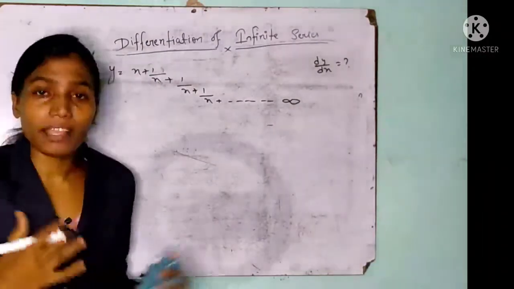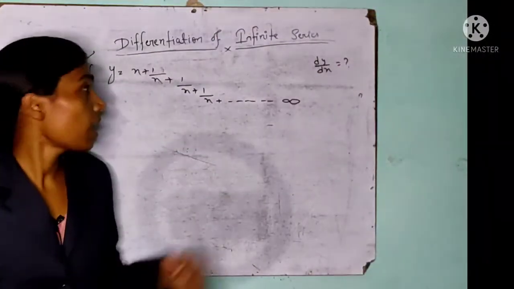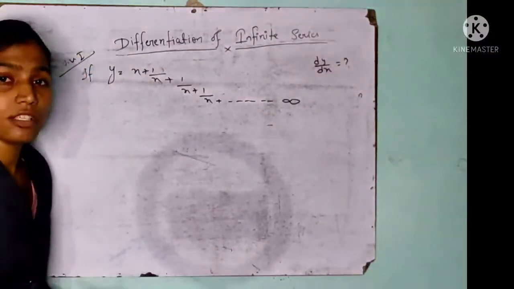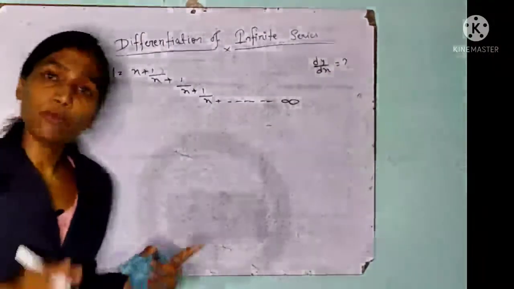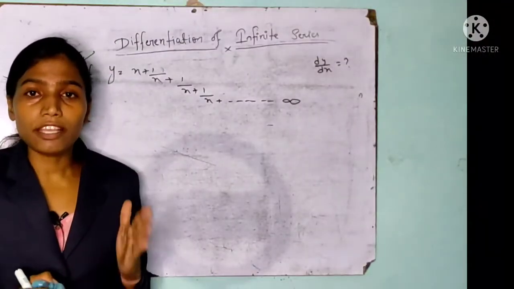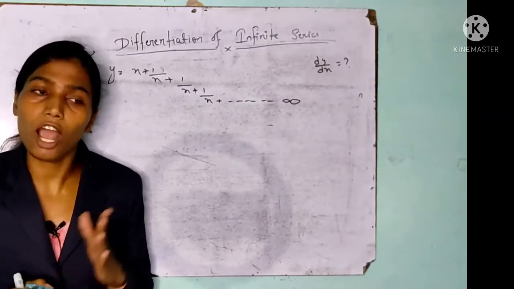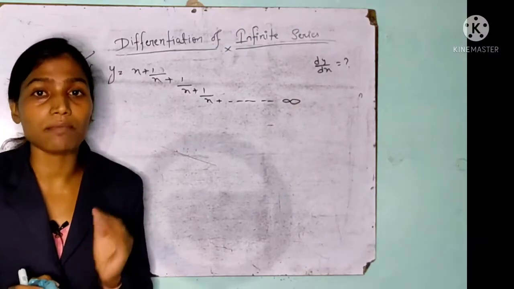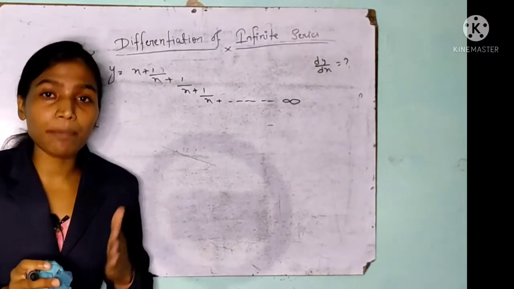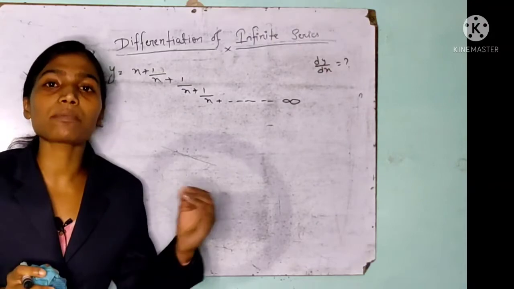Why is this very important? Because many times they ask it in board exams and also in the IIT exam. So first we need to arrange this function, according to the previous concept. What is that concept? If we take out a single term from an infinite series, the series remains unaffected. And one more important point: if we get a repeating function, we take out one single term and substitute the remaining terms with y.